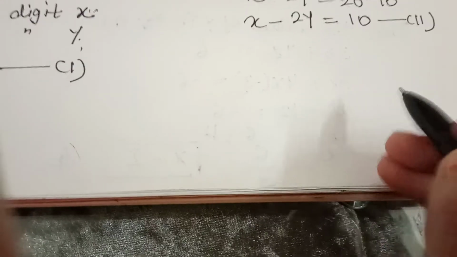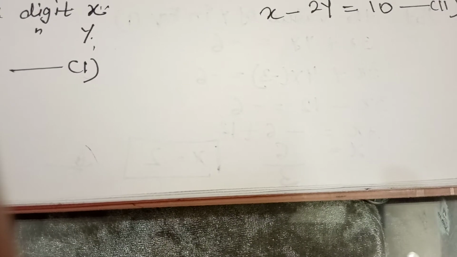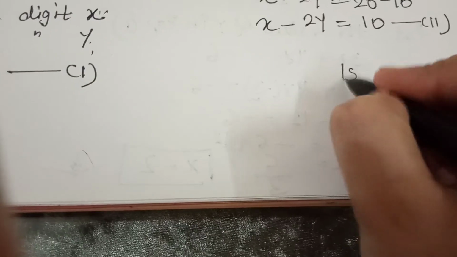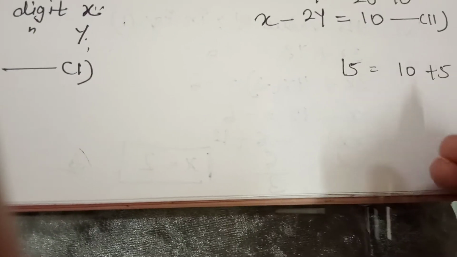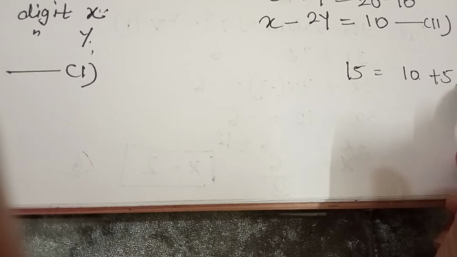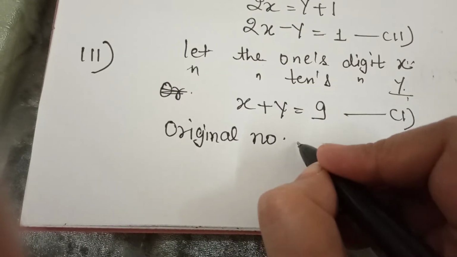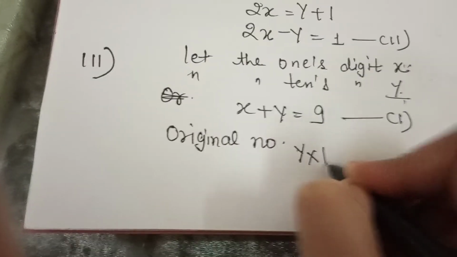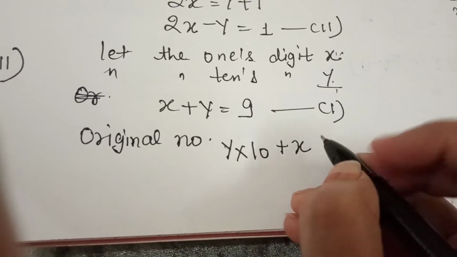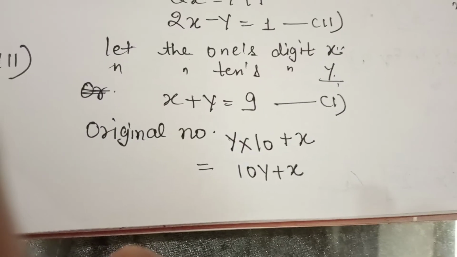So for this I will give you an example. Suppose you take a number from here, suppose 15. So what is the expanded form of 15? 10 plus 5, means tens digit into 10 plus ones digit. तो यही फॉर्मूला होता है. That tens digit कितनी है? y. So tens digit into 10 plus ones digit. This is the formula of making a number. So what is your number? 10y plus x. This is your original number.